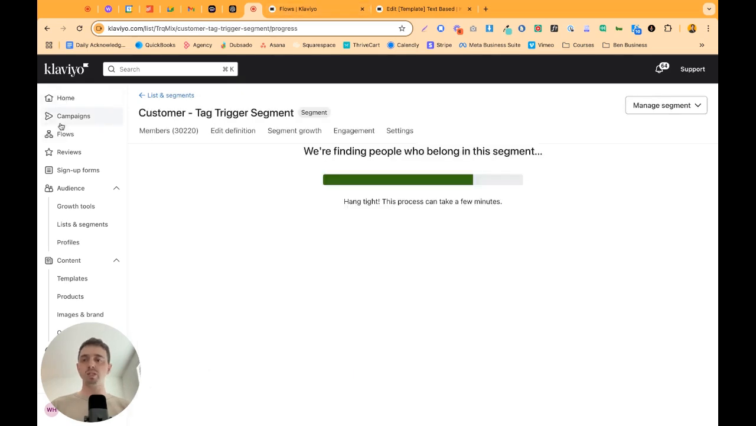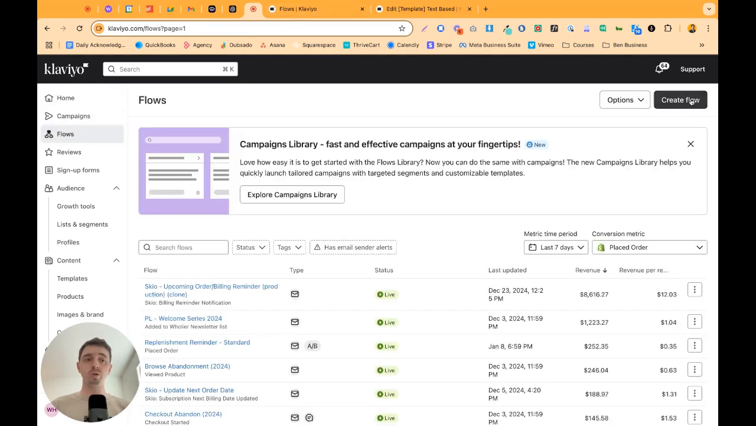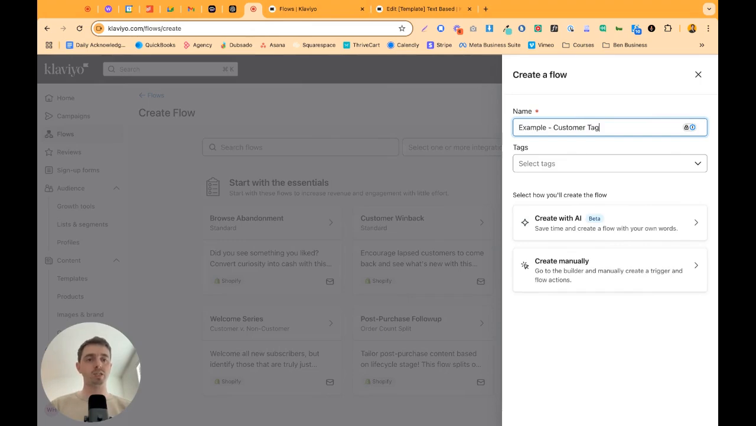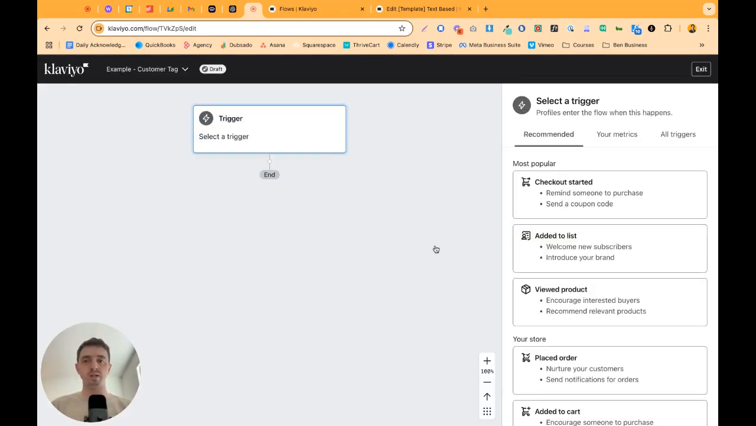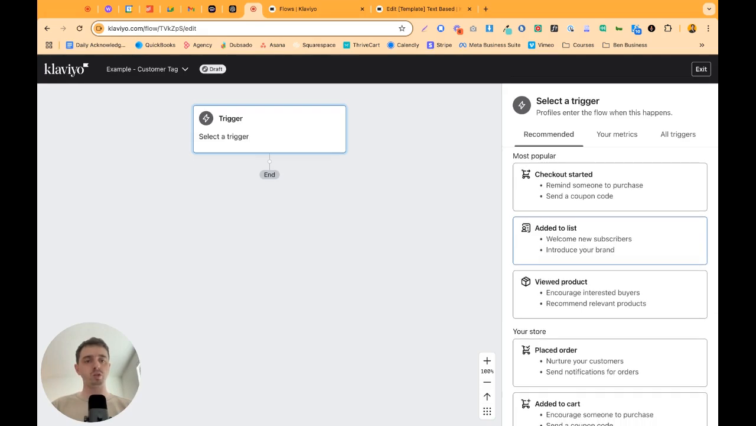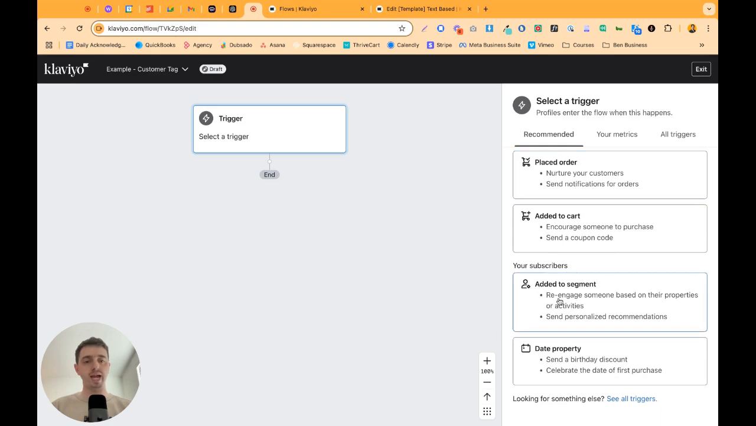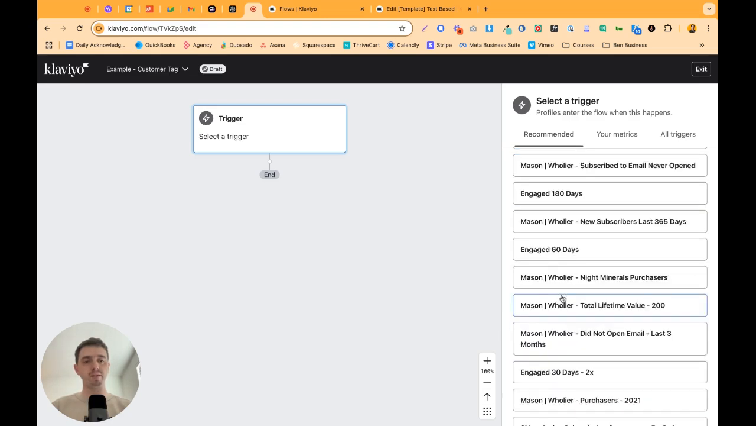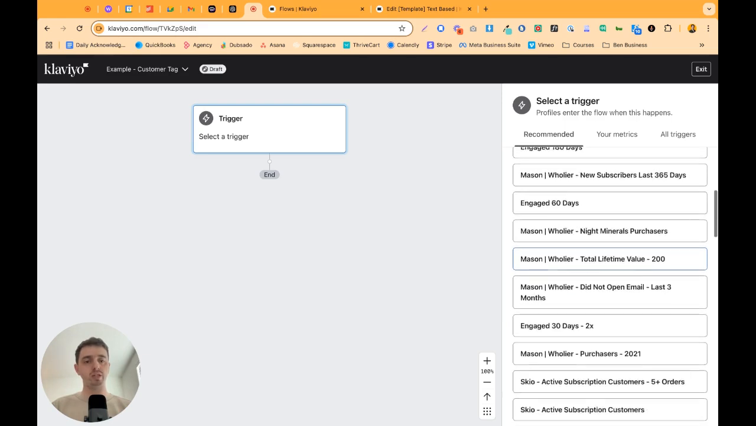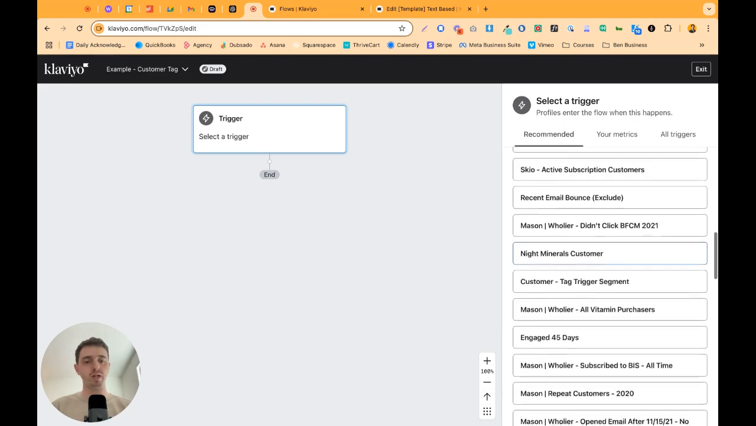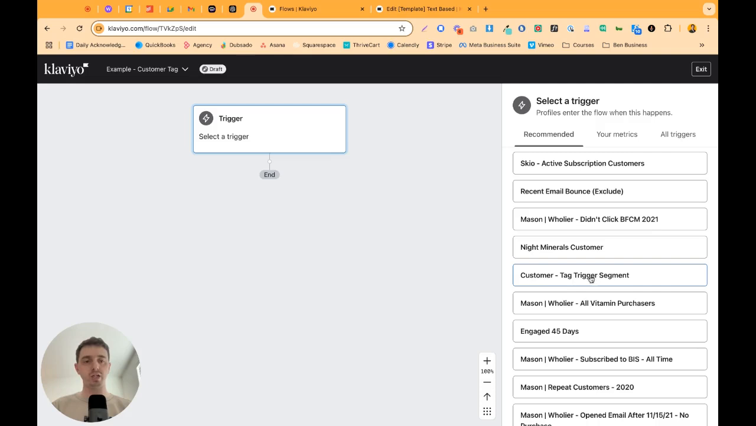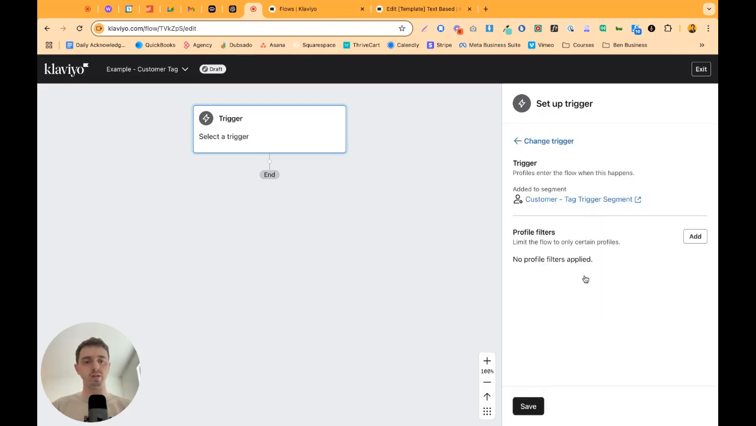Next, what we need to do is come and create a flow. We'll call this example customer tag. We're going to create it manually. And what we're going to do is we want to trigger this from a segment. So we're going to select added to segment. Now we just created this, so we're going to have to scroll down a little bit to find it. Here it is, customer tag trigger segment. We select that, save,